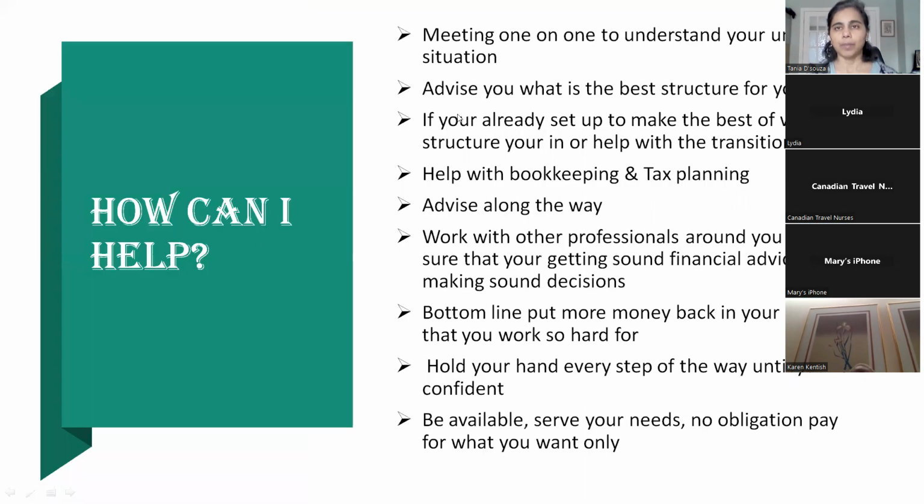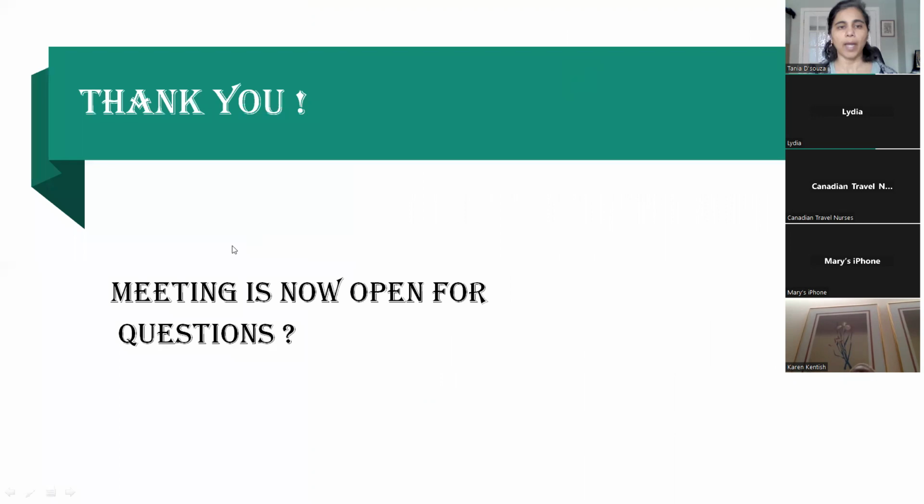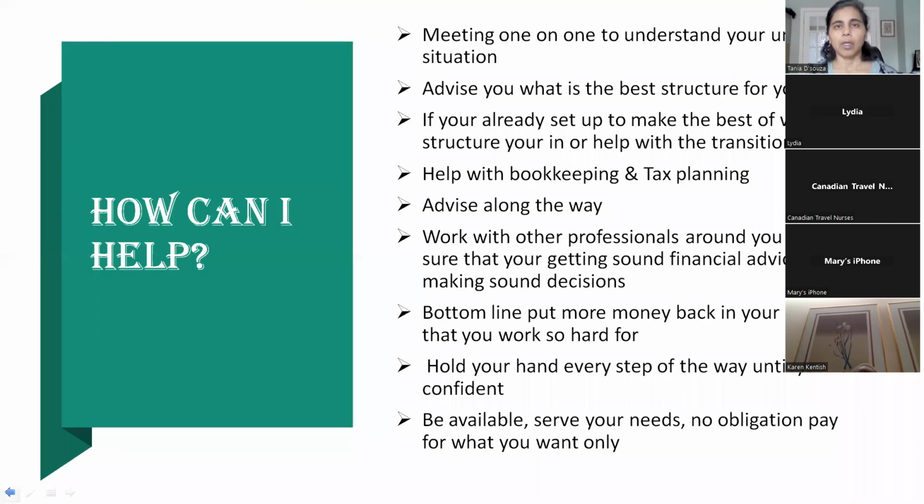So how can we help? As an accountant, how can I help you? Basically, it's a one-on-one meeting. We can do a Zoom or whatever you choose, to understand your unique situation. It's not a cookie-cutter thing that I can do for everybody, because each person's situation is very unique and very different.